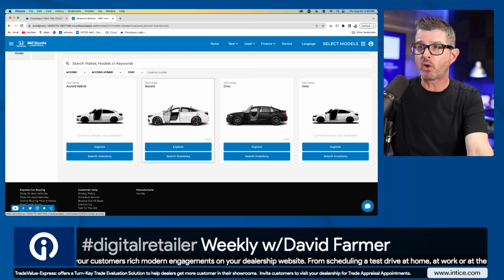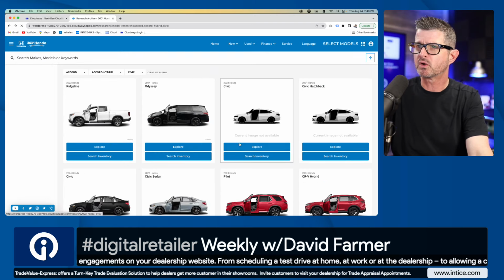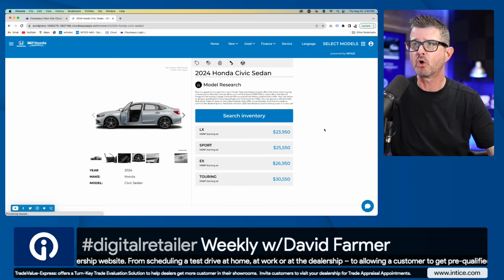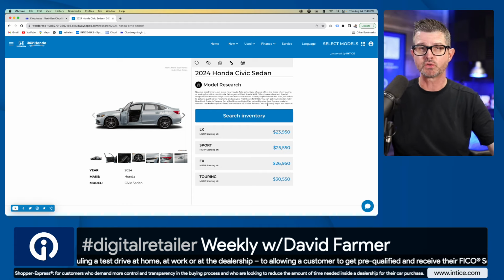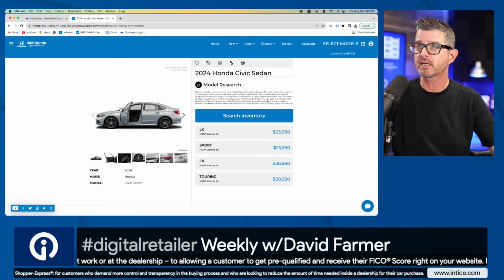So if I want to open up and look at the Civic, now we have, or this is the Civic SI. Let's go ahead and go into the regular Civic. That's going to give us a little bit more information. So the Honda Civic sedan, and again, this is all indexed information. So this adds to the SEO for your dealership. So this is a custom landing page for your dealership website, and